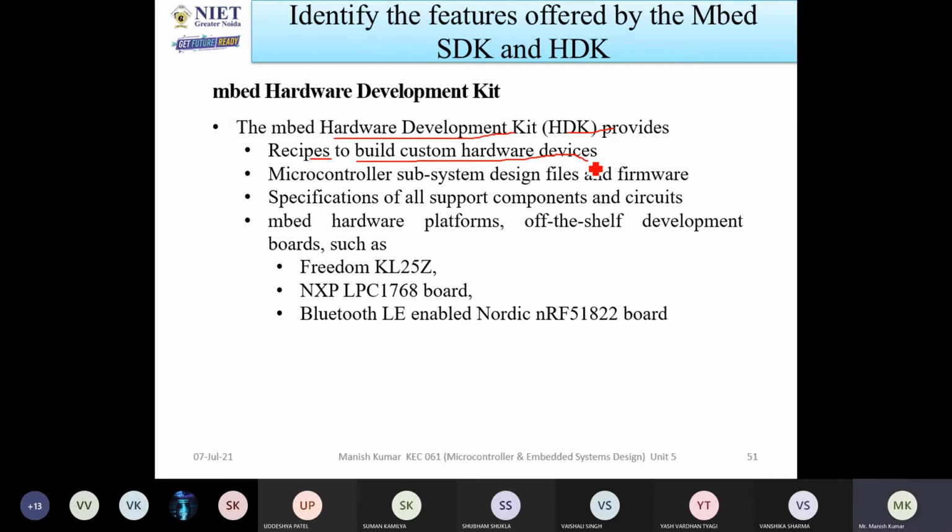So what will happen if you are going to design the systems, and in the system some features are already available, like in HDK tools, then you can select the tools and you can use the tools directly. Microcontroller subsystem design files and firmware. So with the help of microcontrollers, you can design any systems, and also when you are going to